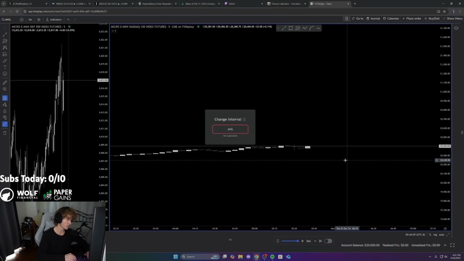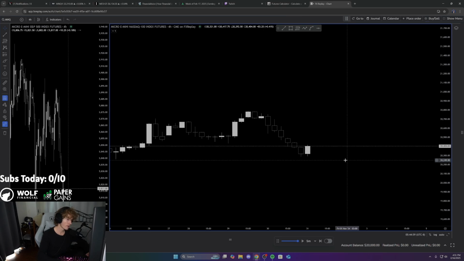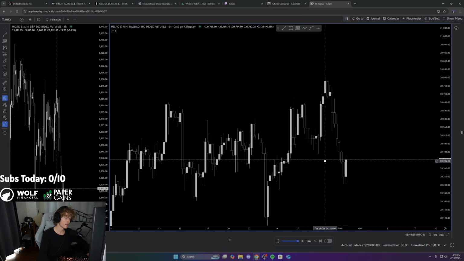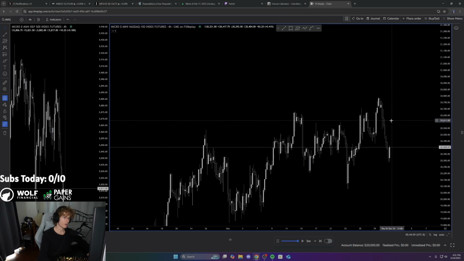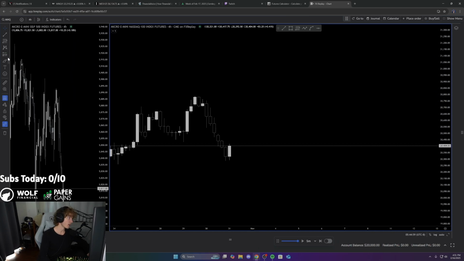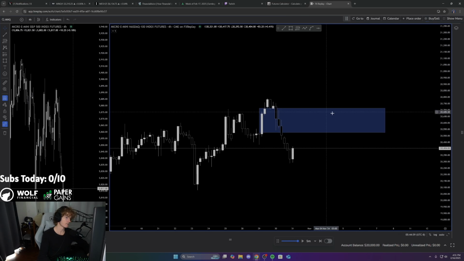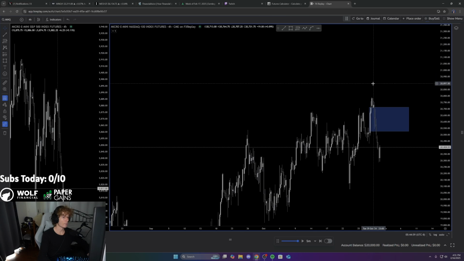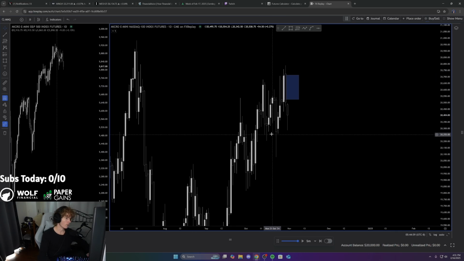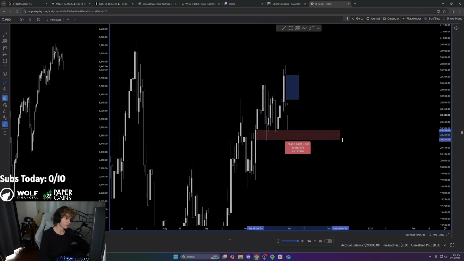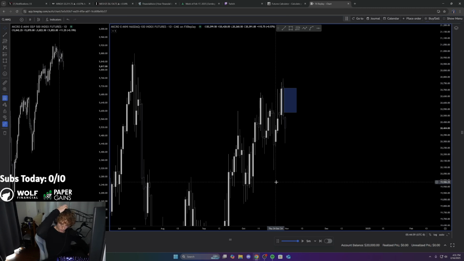So I'd expect market to work into those lows initially. Let's take a look at the higher time frame here, just like the 4-hour. On the 4-hour, this kind of aligns with my thesis so far. You do have a massive inversion. This is a double fair value, so you just connect them. If we tap back into this, that could be a sell model out of it. So I'm initially pretty bearish, to be honest, but only into these lows. Once we're into those lows, I would have to probably flip my thoughts here.